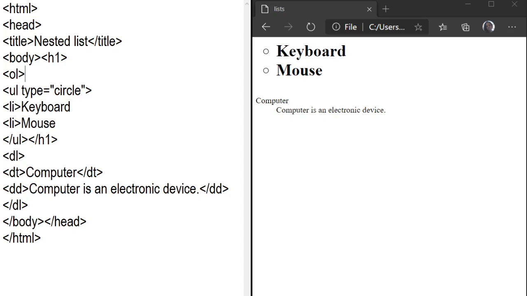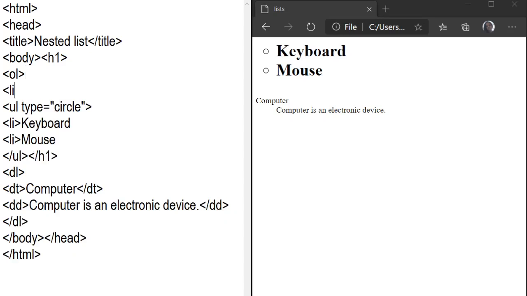So first you can write down ol, and in ol you can first write down li, and li stands for list item, and my first list item is input devices. In input devices 2 points are there.